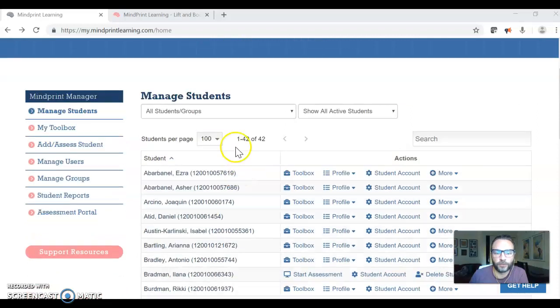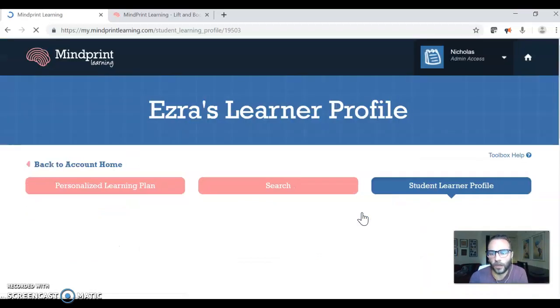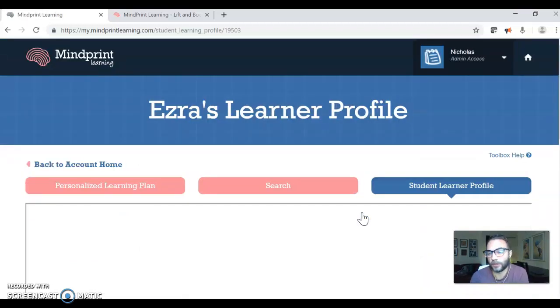So first of all, when you are on the MindPrint page, you can go to the profile, and mostly we look at the MindPrint profile. That's the one that really has the deeper nuance, but if you haven't already used it, the Student Learner Profile is a nice little tool that you can use to share primarily with families and with students if you're looking to take the bite off of maybe the details of some of the